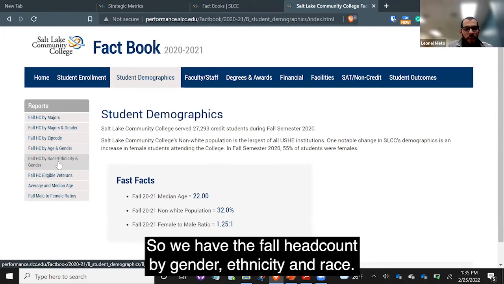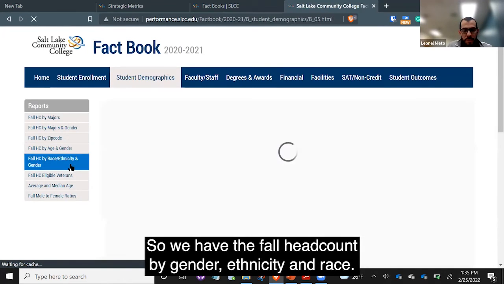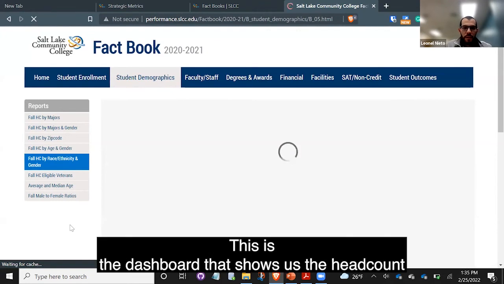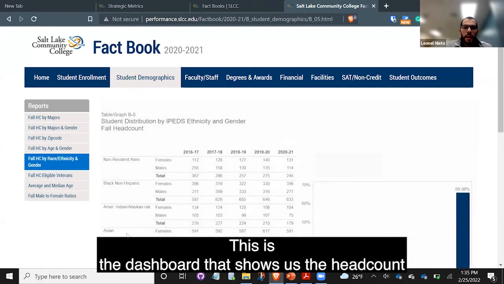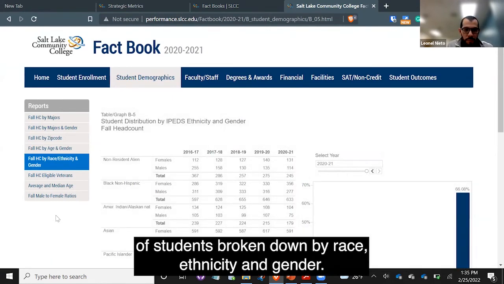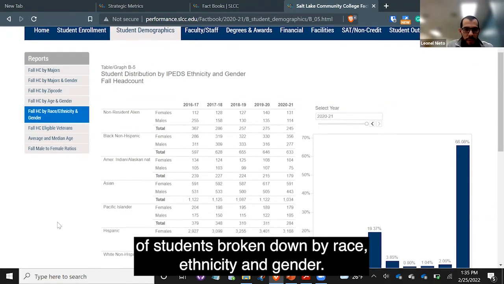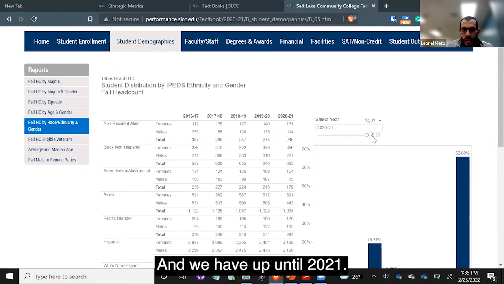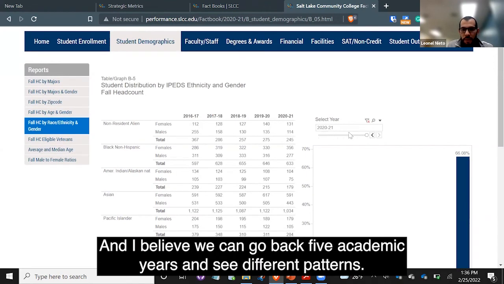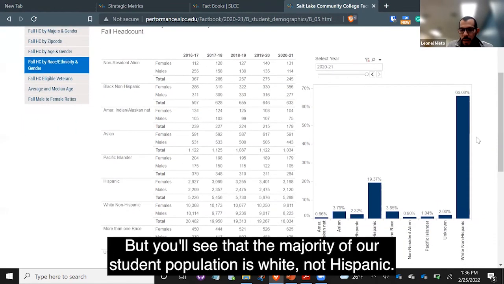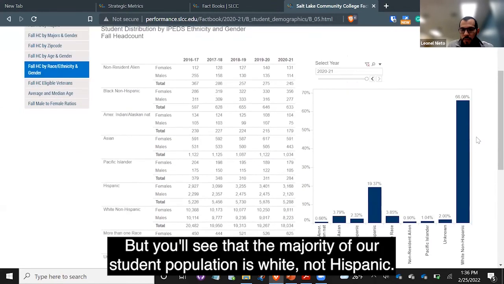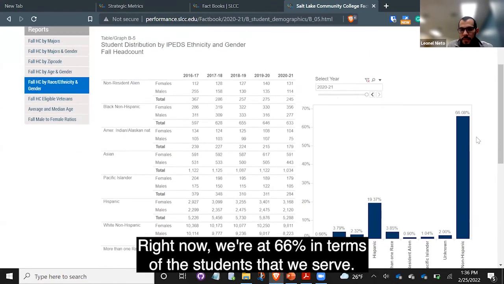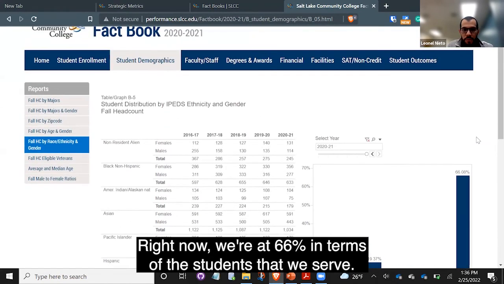So we have the fall headcount by gender, ethnicity, and race. This is the dashboard that shows us the headcount of students broken down by race, ethnicity, and gender. And we have up to 2021. And I believe we can go back 5 academic years and see different patterns. But you'll see that the majority of our student population is white, non-Hispanic right now. We're at 66% in terms of the students